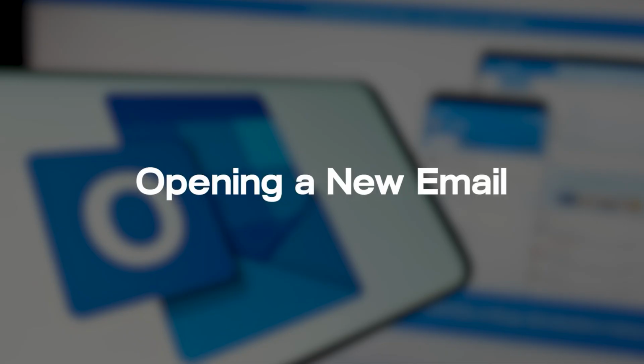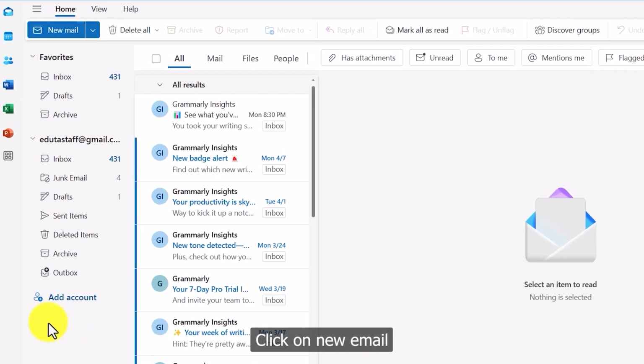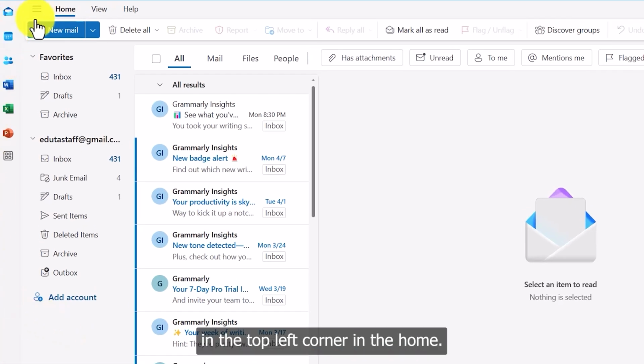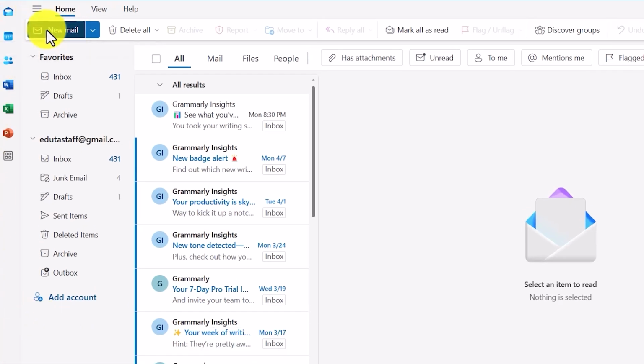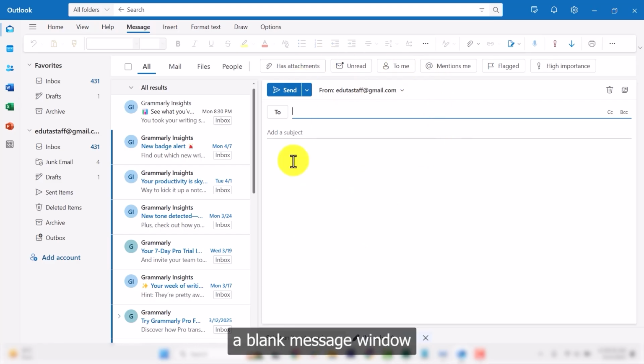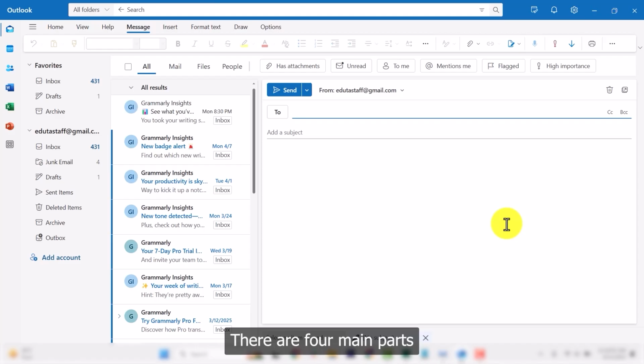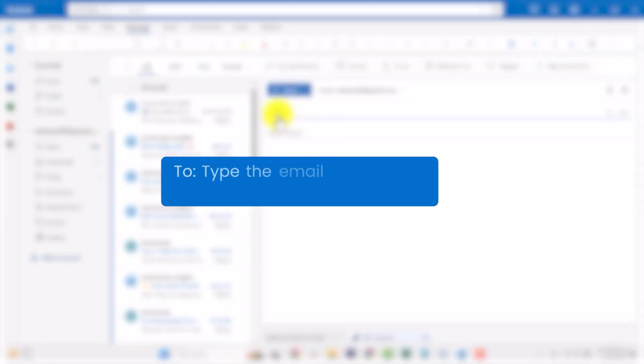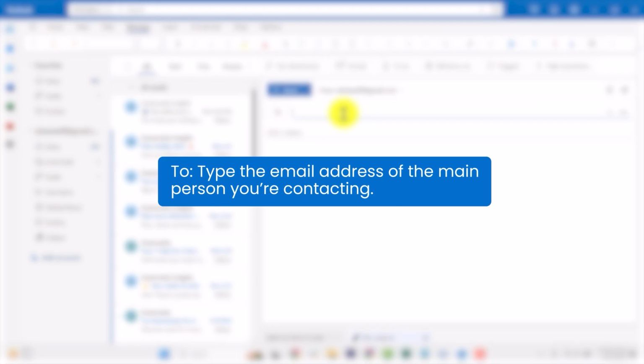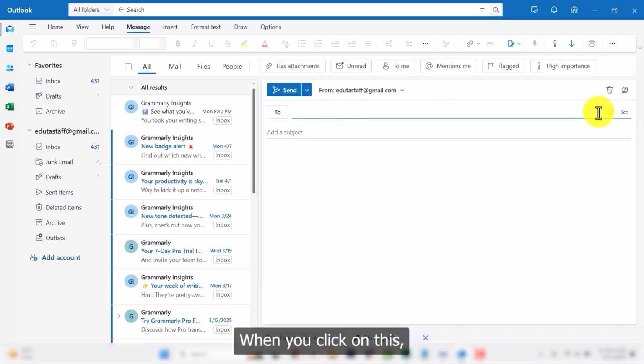Opening a new email. When you open Outlook, click on New Email in the top left corner in the Home tab. In here, this opens a blank message window where you will create your email. This area. Understanding email fields. There are four main parts to focus on. The first one is to type the email address of the main person you are contacting. When you click on this,